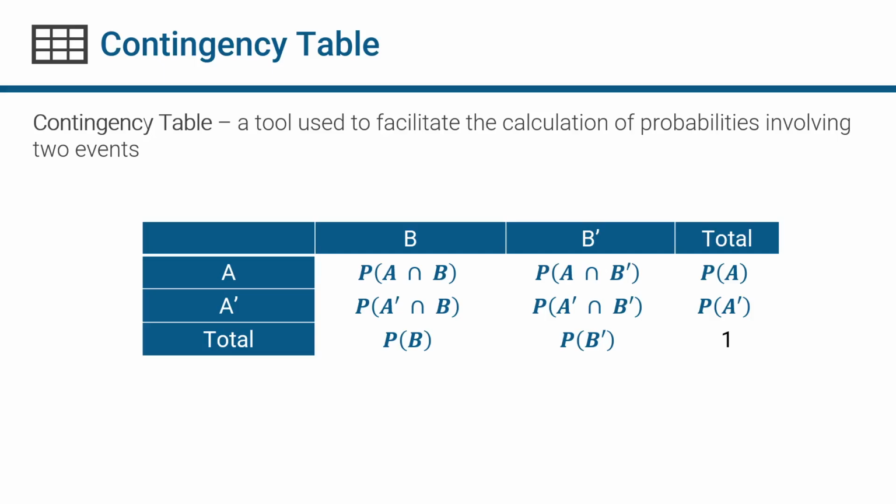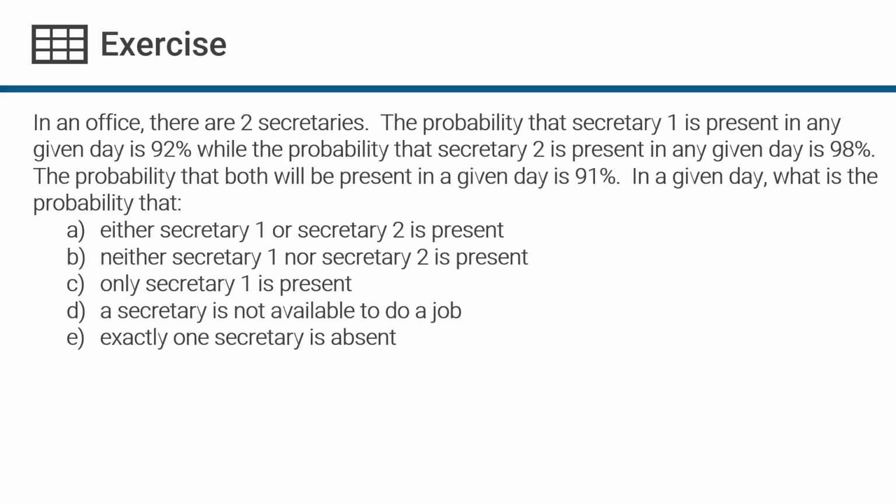So let's have these exercises. Okay. So this one is a contingency table problem that we will be answering together with the other exercises. So this one will be the first that we'll be answering. And then we'll be answering a series of exercises after this. Okay? So that you can prepare for the quiz